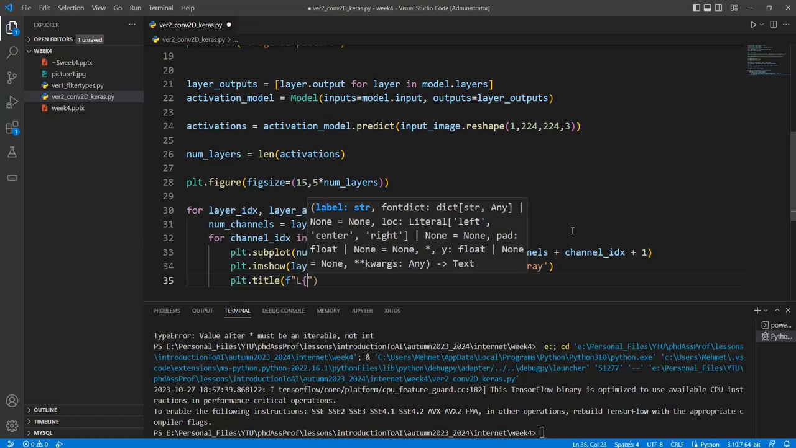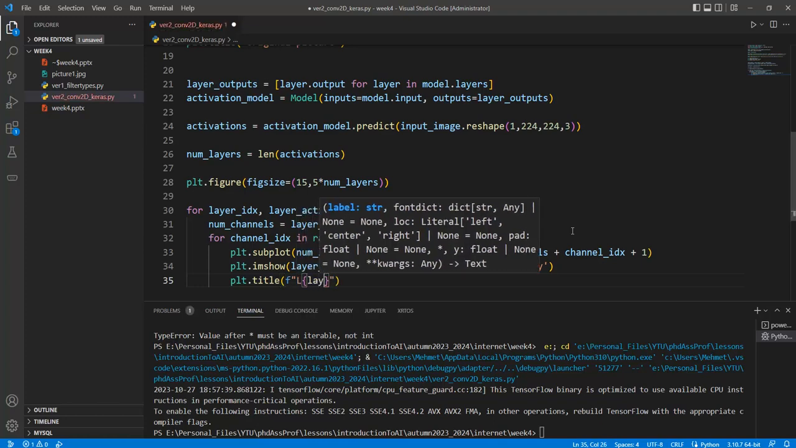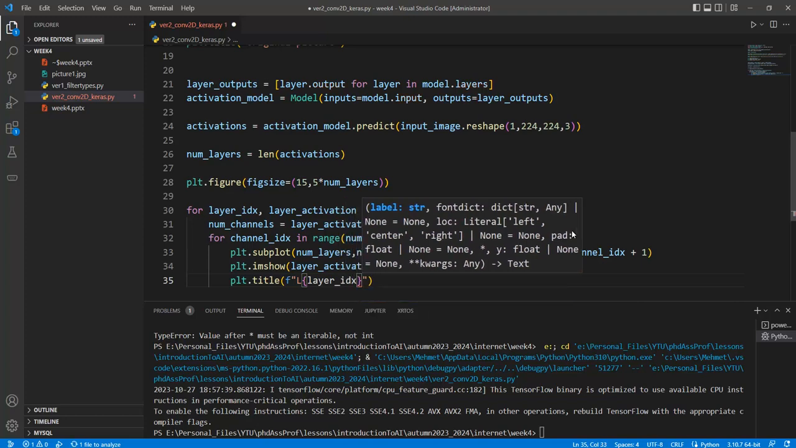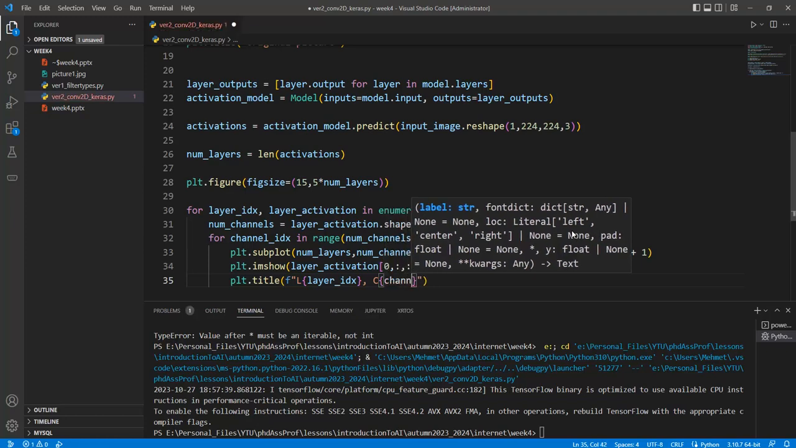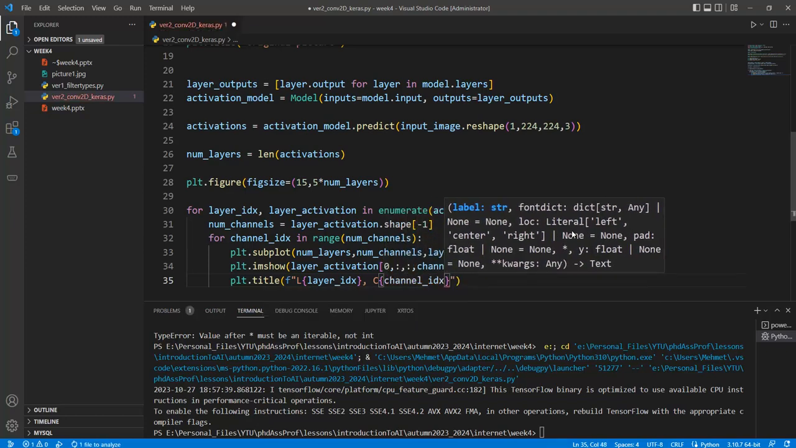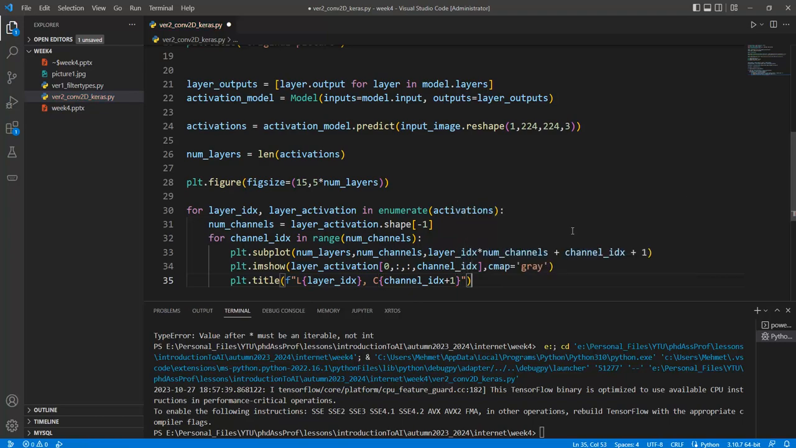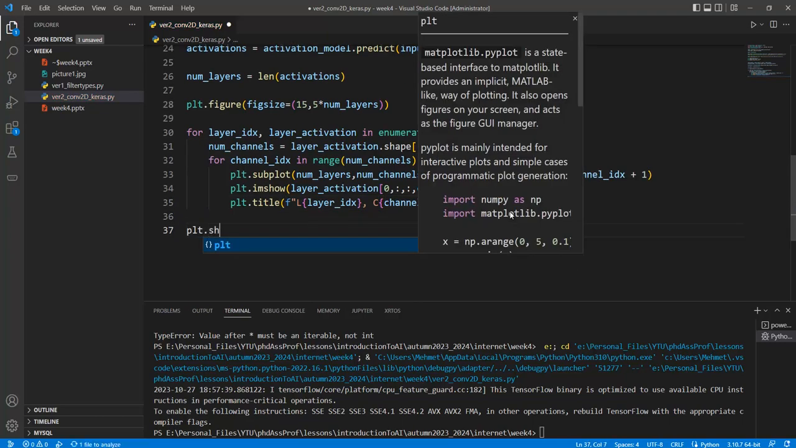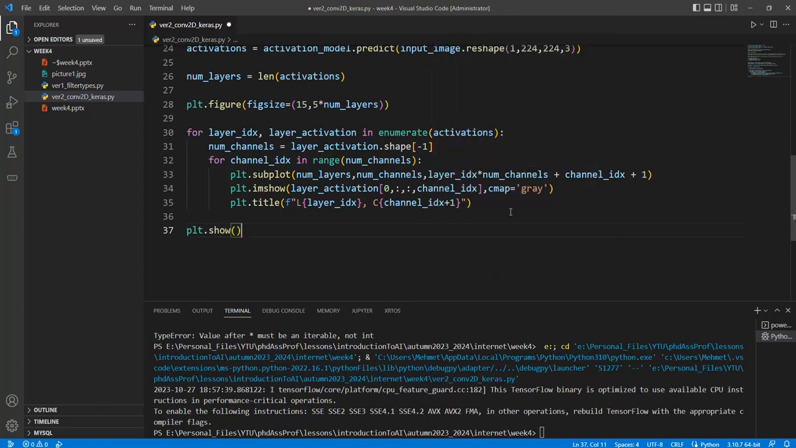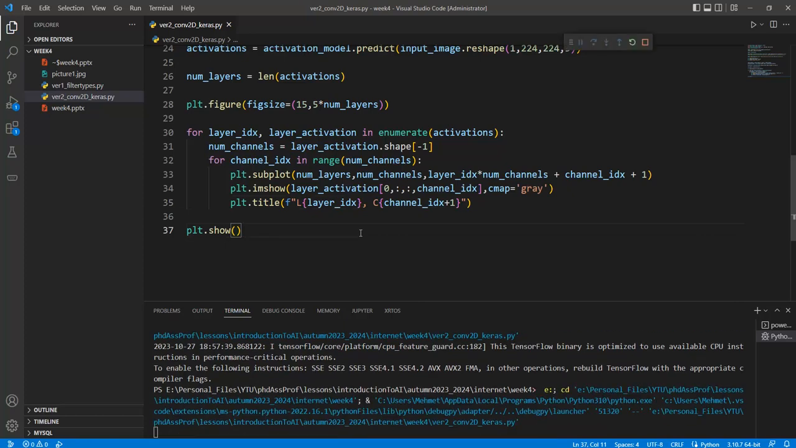f"Layer {layer_idx} and channel {channel_idx + 1}". Okay, and after that plt.show. This is the code all this time. Okay, so if I run this code right now,